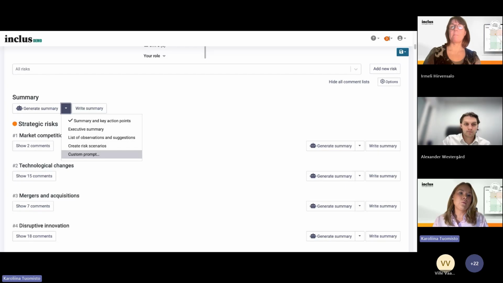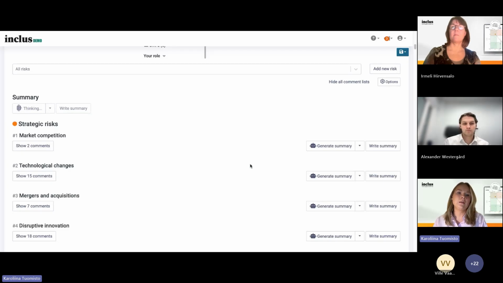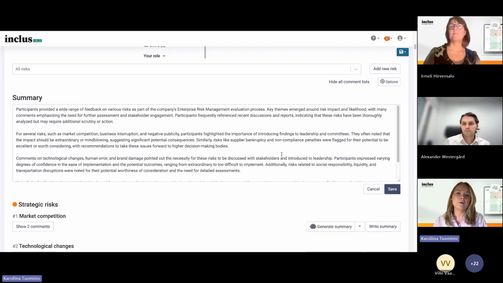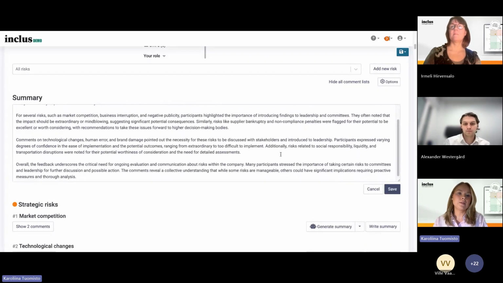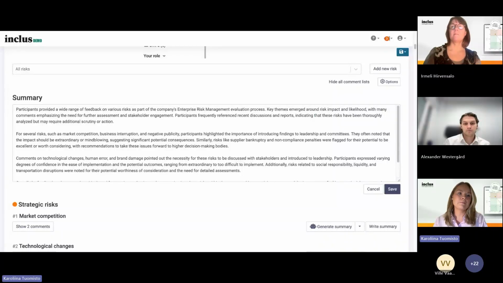And if we were to, for example, do an executive report right now out of this risk assessment, we could choose this executive summary here. And now the AI will generate us a nice summary out of all of the comments that have come up during this risk assessment process from different participants.